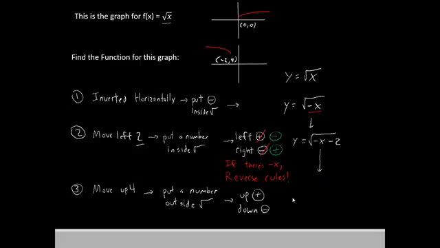So our function is going to change again. We now have y equals root negative x minus 2 inside, and then since we're trying to move upward by 4, we place positive 4 outside the root. And that is our final function. Y equals root negative x minus 2